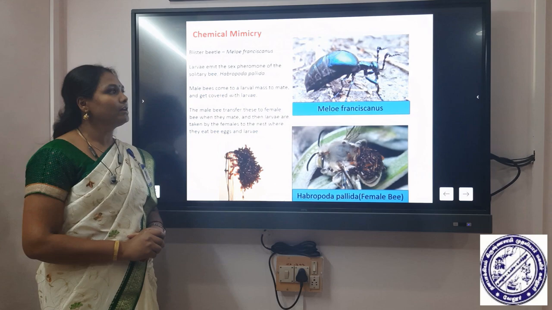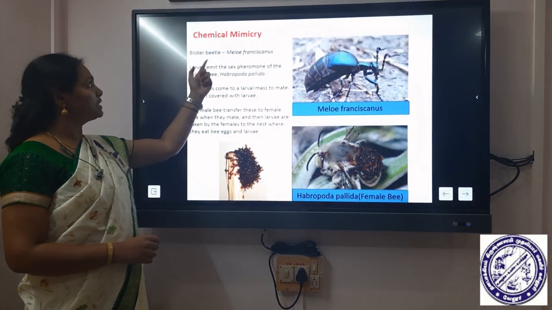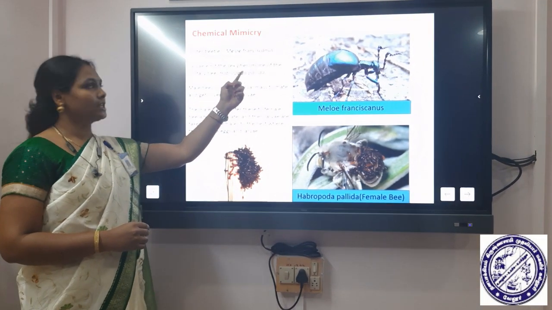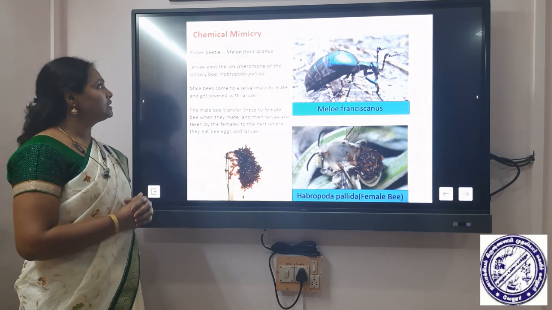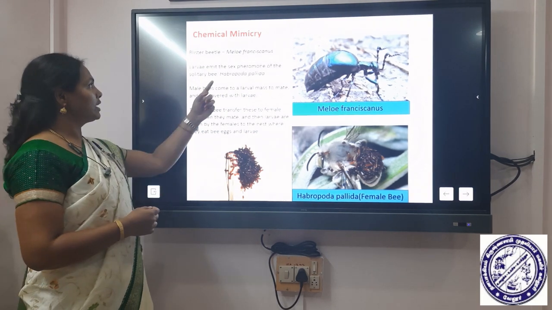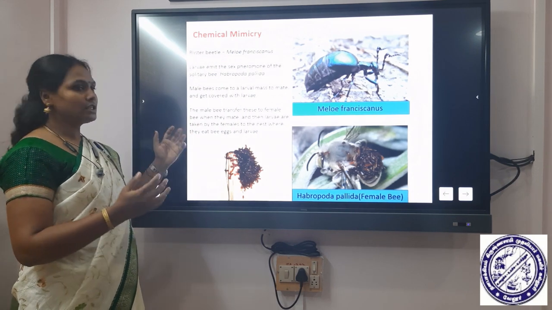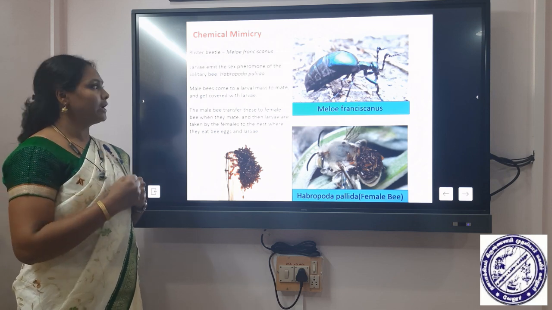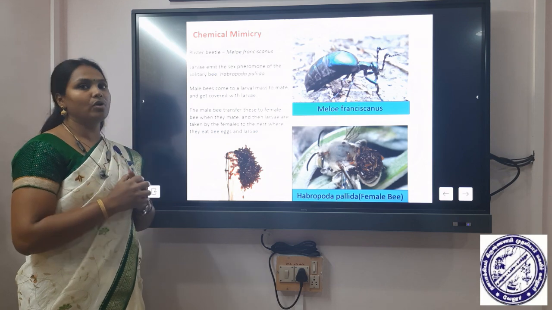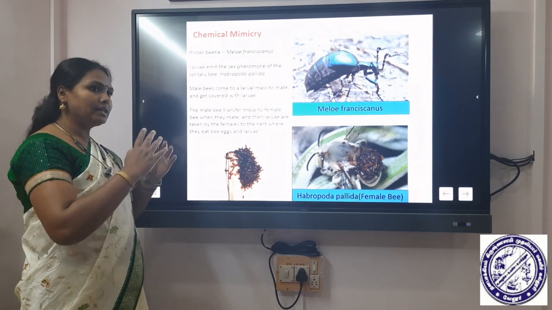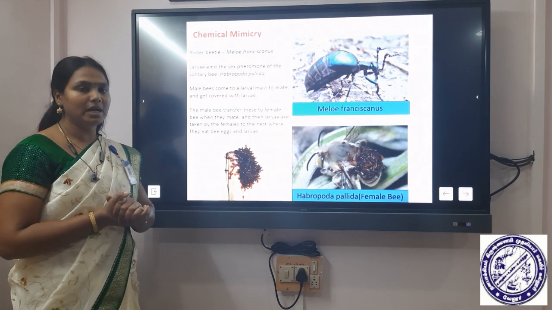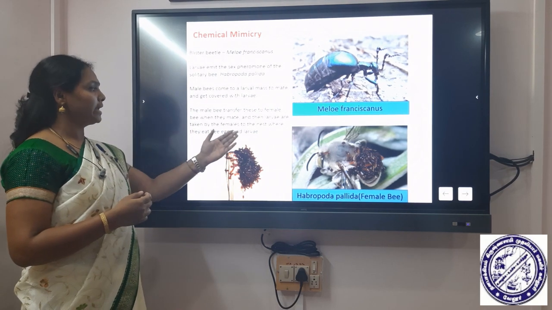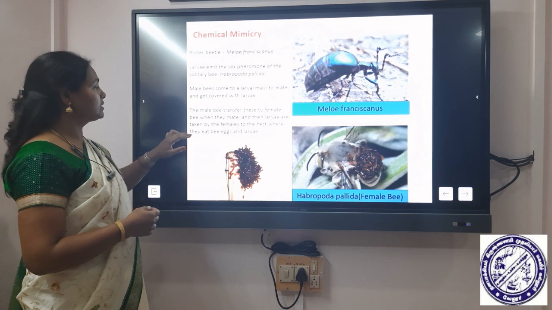Next one is the chemical mimicry. The famous example of chemical mimicry is the blister beetle. The larvae of this blister beetle emit sex pheromones, and these sex pheromones attract a bee which is called Habropoda pallida. So when these male bees are attracted towards the sex pheromones emitted by these larvae, the larvae just mass over the males, and then when the male is flying towards the females or towards the nest, these larvae enter into the nest and feed upon all the eggs of these bees. So that's an important